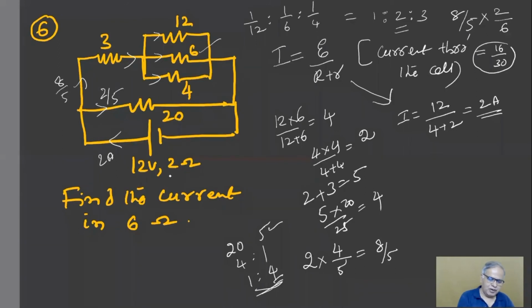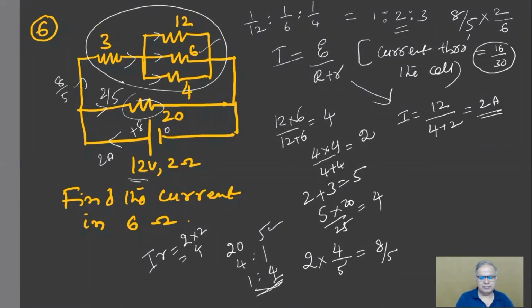You followed my point? I into small r will be how much, children, here? 2 into 2, 4. So out of 12, 4 goes out inside, so the 8 appears. Plus 8 and 0 I can say here. Are you listening? Yes, sir. So the 8 will be there across this and also across